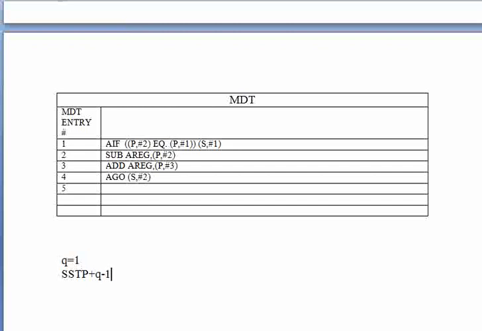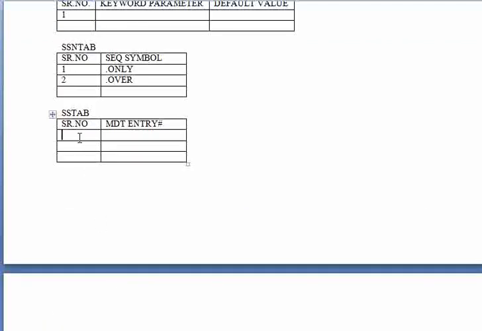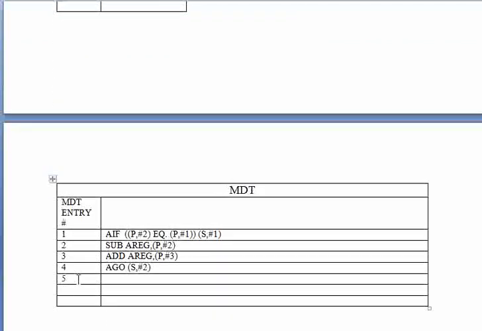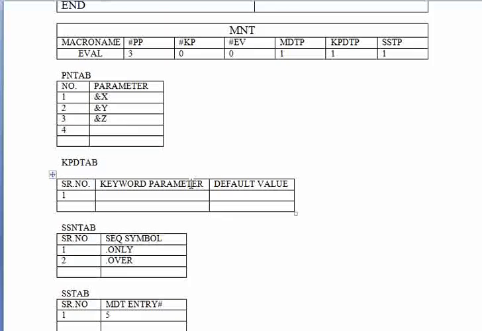So the SSTP value is 1, q is 1 and minus 1, so this number turns out to be 1. At the first position of SS tab, make your current MDT entry, which is 5. So I will write here 5. This is how an entry is made into SS tab.